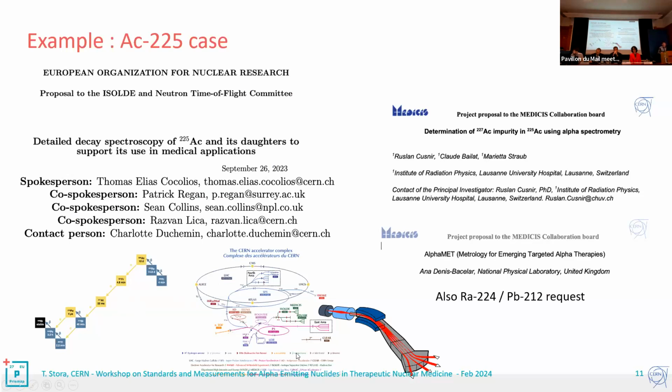actually we are localized here. We are these little green facilities. Of course, you recognize the LHC. But we actually take 50% of the protons of CERN to make these radionuclides as beams. And the nice thing with our facilities is that you can get pure beams directly of the astatine, or, not astatine, not this one, but of the francium, for instance, or the bismuth or the thallium. So you can individually single out each of these radionuclides and then make a detailed spectroscopy. And this is what is planned